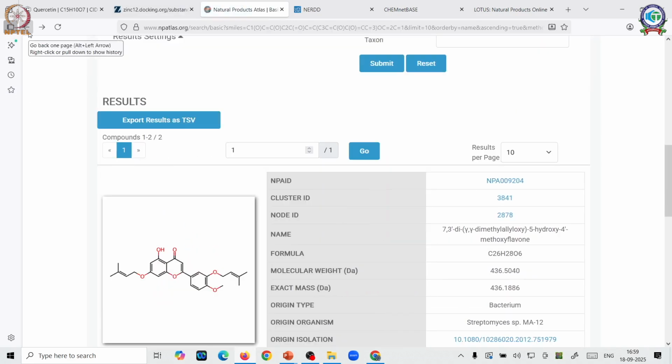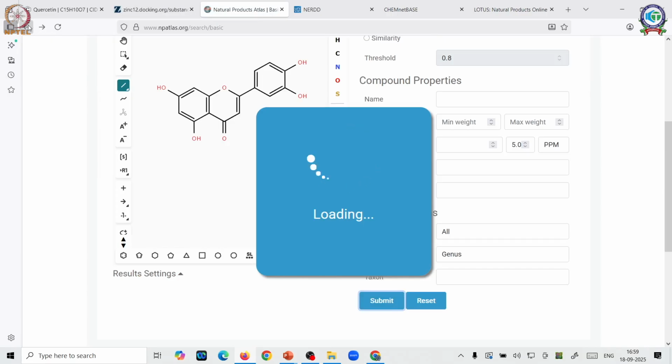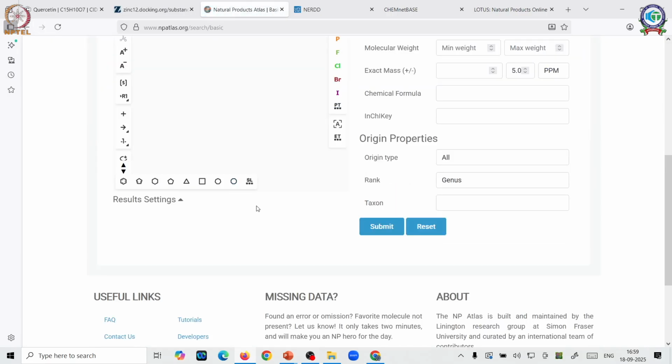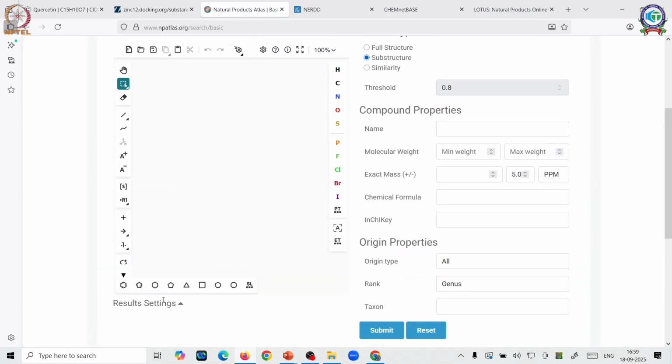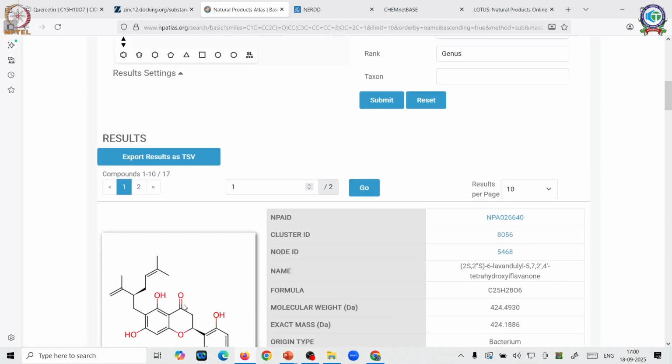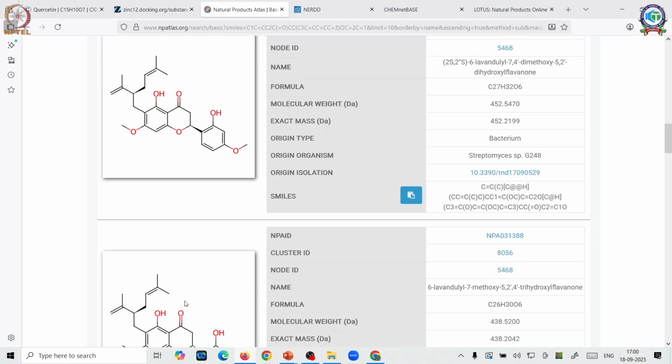Now what I can do is, if I want more of this, like more similar flavonoid kind of structures, I can give a little incomplete structure. Say for example, I am not very keen on quercetin, but I want some flavonoid. So, I will just give it the flavonoid nucleus rather than giving an entire flavonoid. Let us see then what happens. So, this is just the part of the nucleus that I am putting in, and then I tell it to submit the query. So, this time it has come up with 17 compounds which have it.